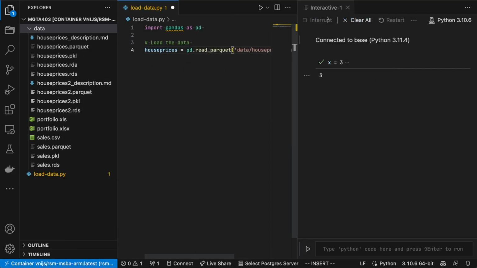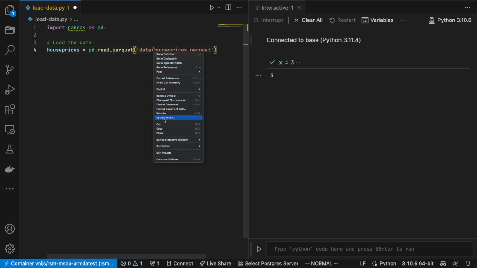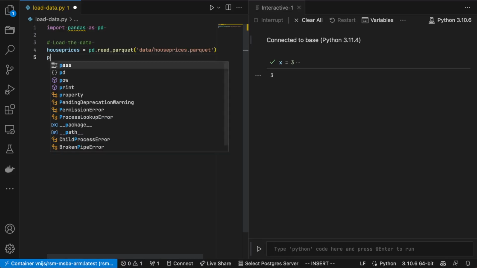House prices, what did it complete to? Just minimize this again. House prices parquet. Very nice. Okay, so it auto-completed to that. So now I can again run an interactive window, but what should also work is Shift Enter. Okay. Now actually it's not going to produce any output, so let me just do house prices,